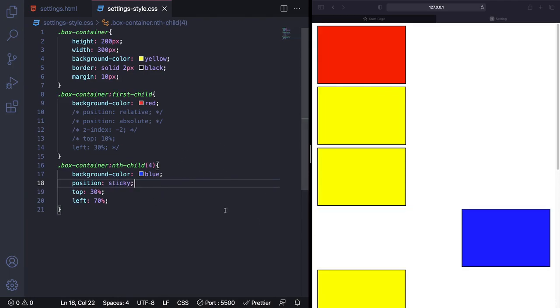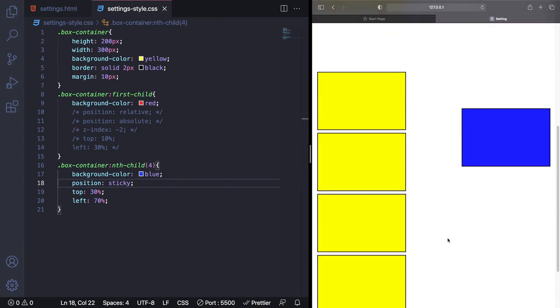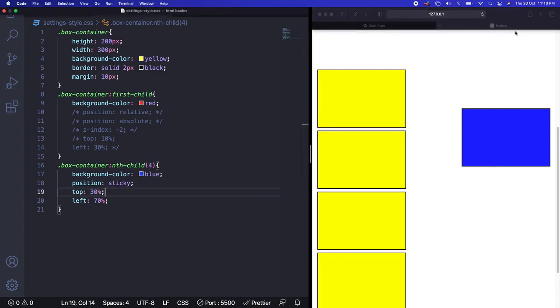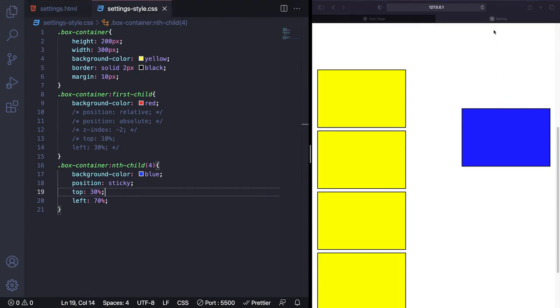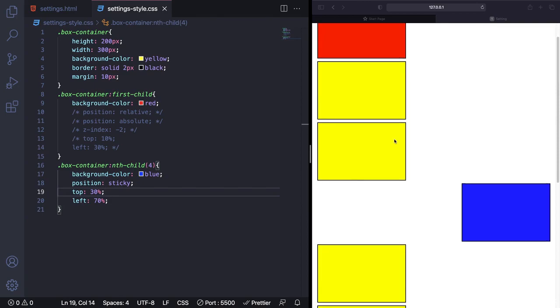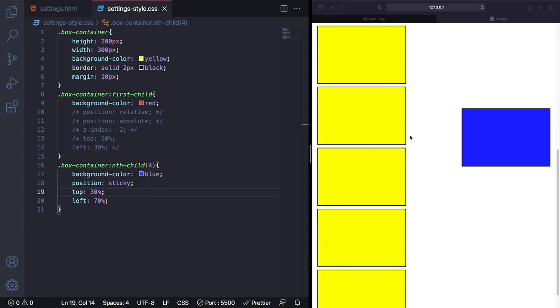So now what it has done is it behaves like position relative. That's what position relative does. It just allows the left value, not the top value. That's what sticky actually does. But one thing is different: if our blue box reaches a certain position of top 30%, so what is 30%? From here to here is 30%. When our box reaches a certain limit, the box is fixed there. If I scroll down again, you can see our box is fixed there. It just sticks to that top position. If I give a top of 10%,